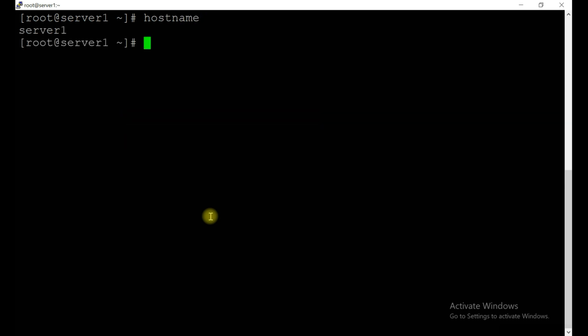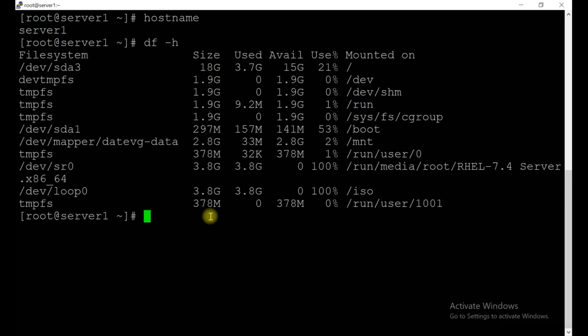Let's install the package. Before installing, let me check that my ISO is mounted. Yes, my ISO is mounted and I have already created the yum repository. Now yum install mariadb and mariadb*.